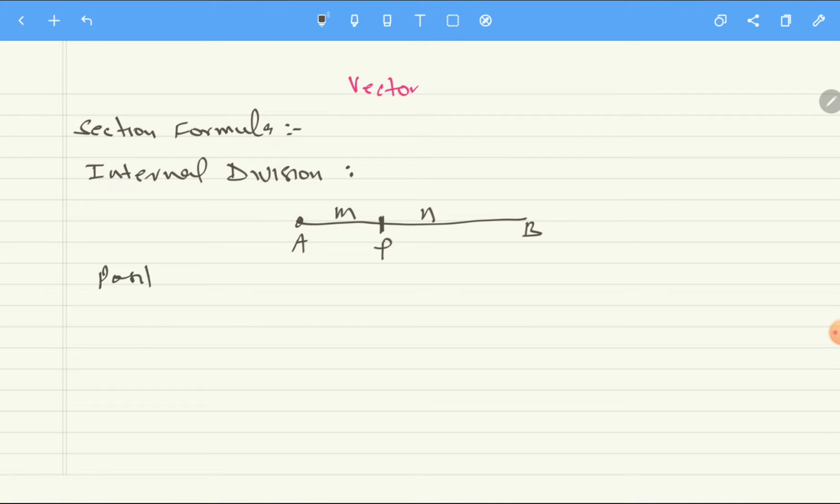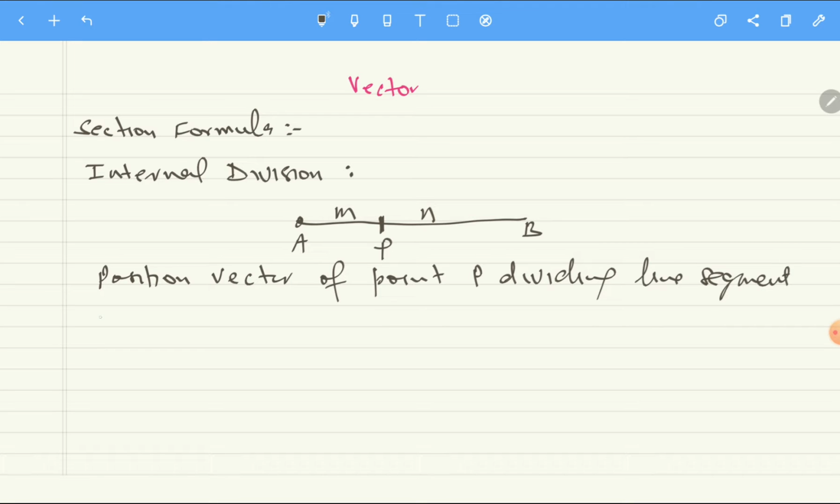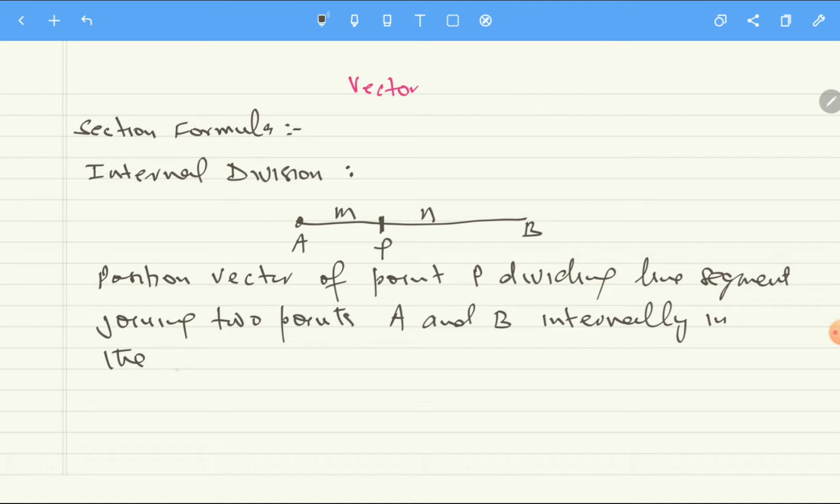So we'll write position vector of point P dividing line segment joining 2 points A and B internally in the ratio m is to n is given by